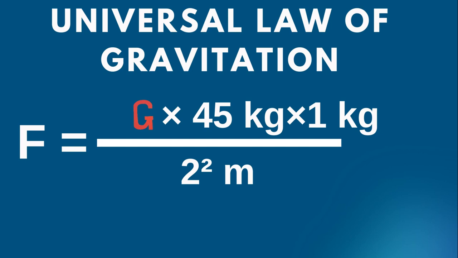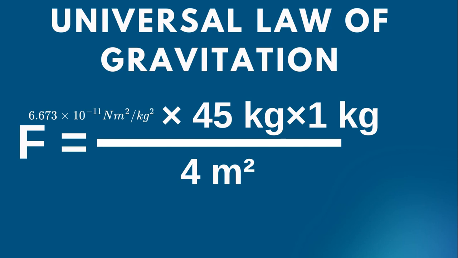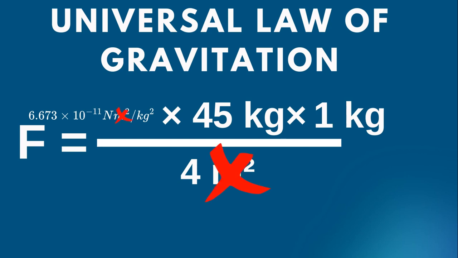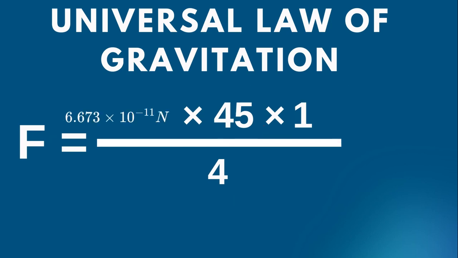G is, as always, 6.673 times 10 to the negative 11th power Newton meter squared per kilogram squared. First, we square the distance. 2 squared is 4. Then we cancel out the meter squared with the meter squared and the kilogram squared with the 2 kilos. Let's put aside the times 10 to the negative 11th power and calculate the formula. 6.673 newtons times 45 times 1 divided by 4 is